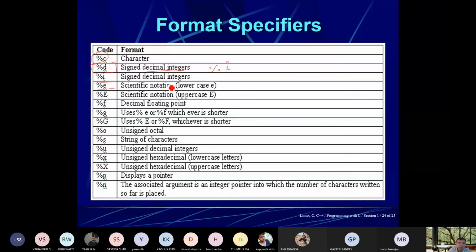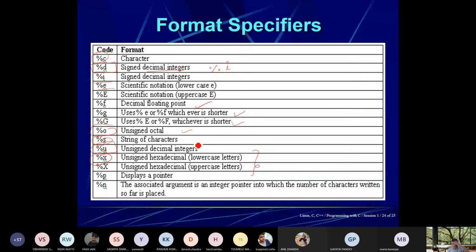Then %E is uppercase, also scientific notation. %f is decimal floating point. %g is %e or %f, whichever is shorter. Capital %G, whichever is shorter. For unsigned octal number we use %o. For string of characters %s, %u is used for unsigned decimal number, and %x we have used. It shows the addresses.